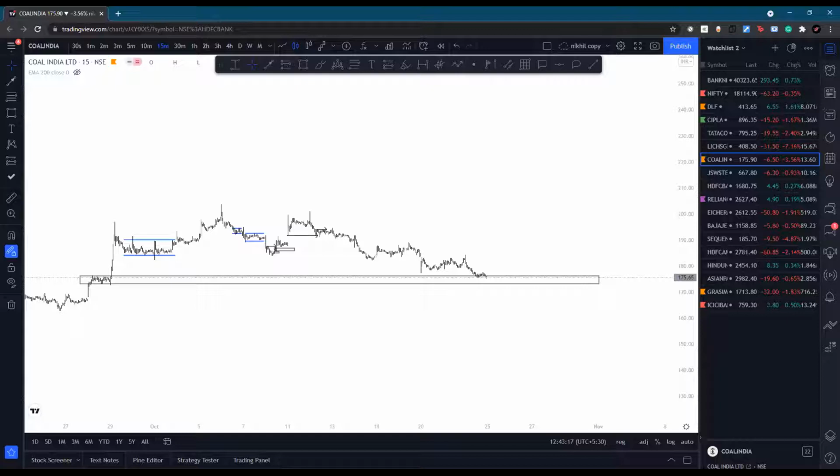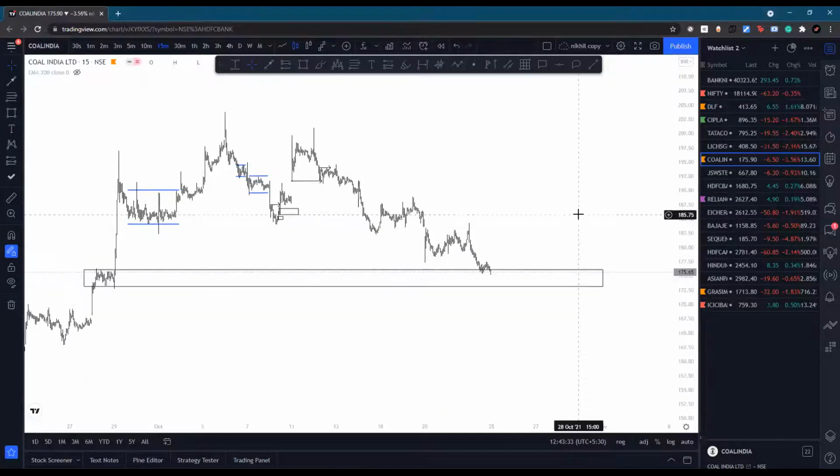So what is my trick is, if we have results on, let's say, 26th, I will keep that stock on my watch list for at least 2 or 3 days prior to that result. If there is good consolidation and if I'm expecting the result will be good, I'm simply going to buy that particular stock. Also, it's backed up with our analysis too. So in Tata Consumer also, I was expecting a good result, but still, let's see what happens tomorrow.